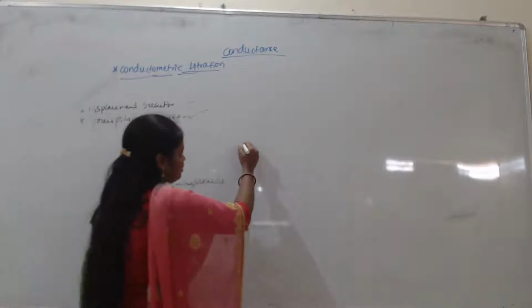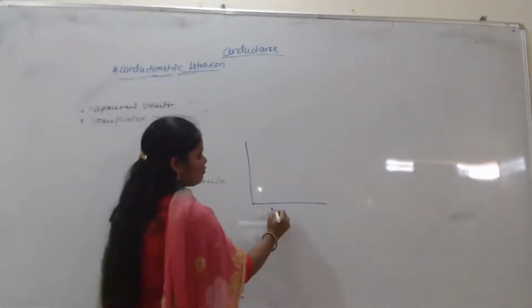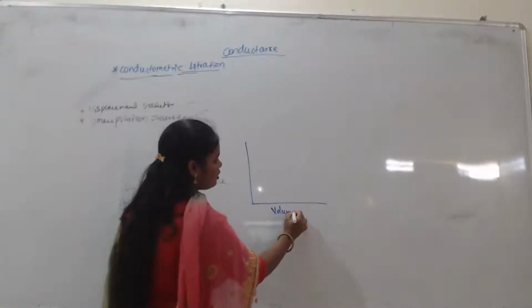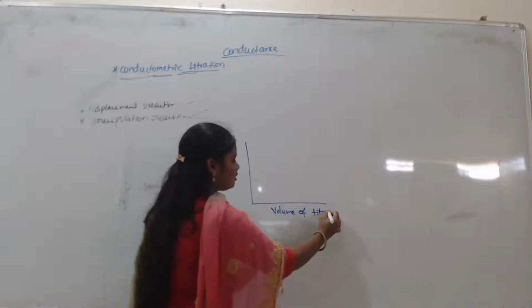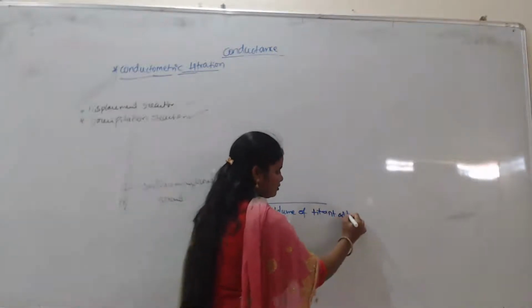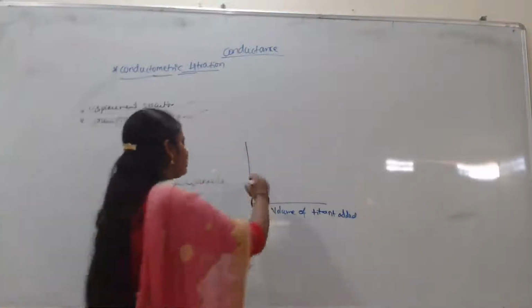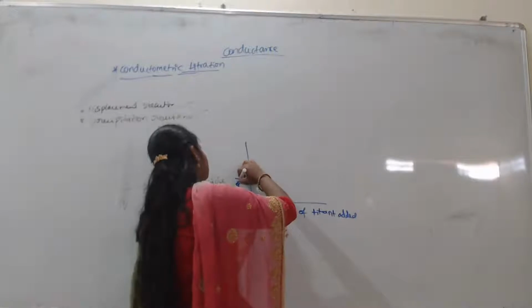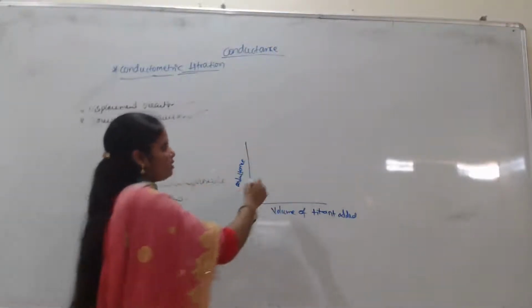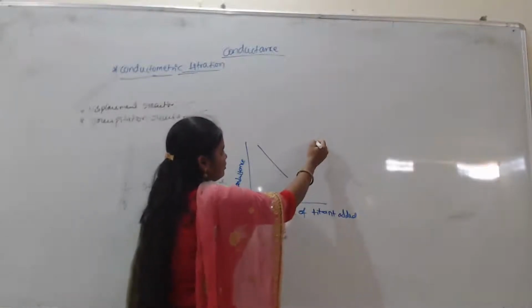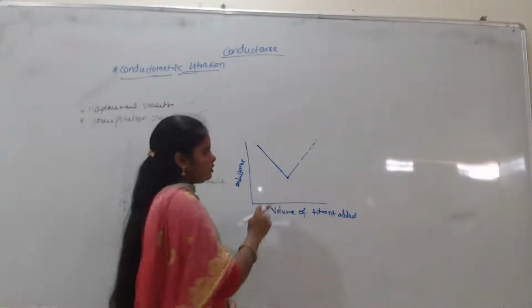This is a graph. Here is the volume of NaOH, the volume of titrant added, and here the conductance. For example, here you get this type of curve, and these two linear